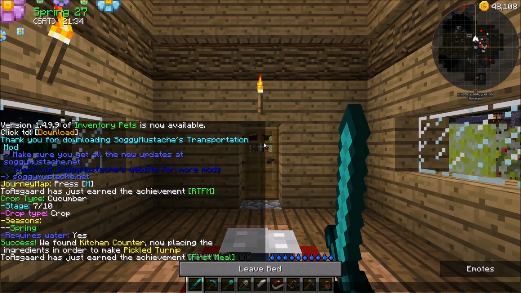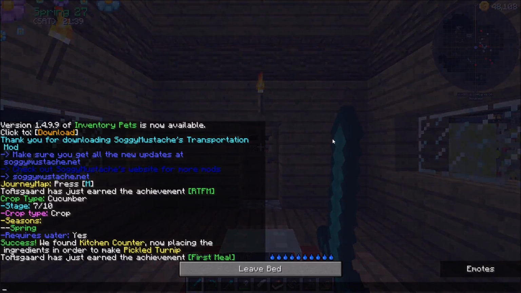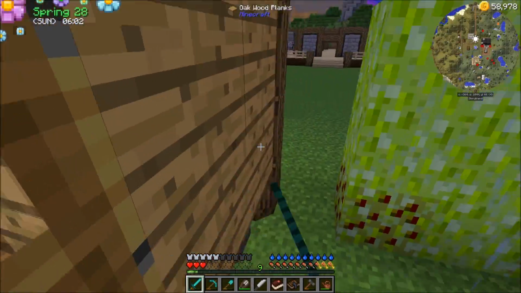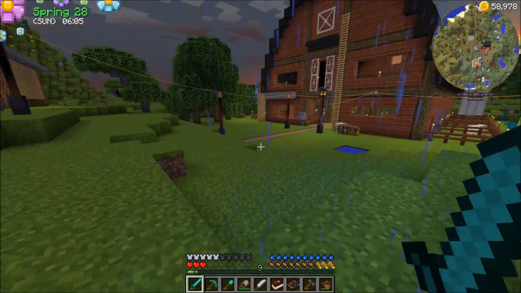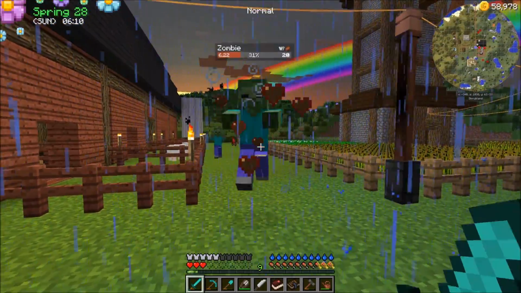Probably the fishing hut. I don't know what the fishing hut's going to sell. Actually, I think it sells, because this pack does have aquaculture. Right? Is that the name of it? I think so. And I think it sells like the better fishing rods and stuff, so...